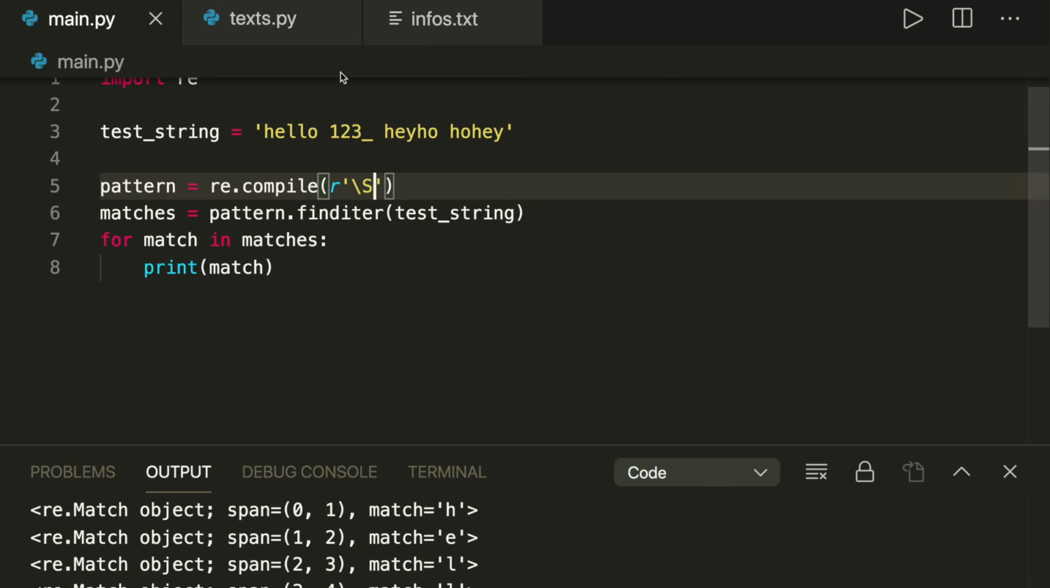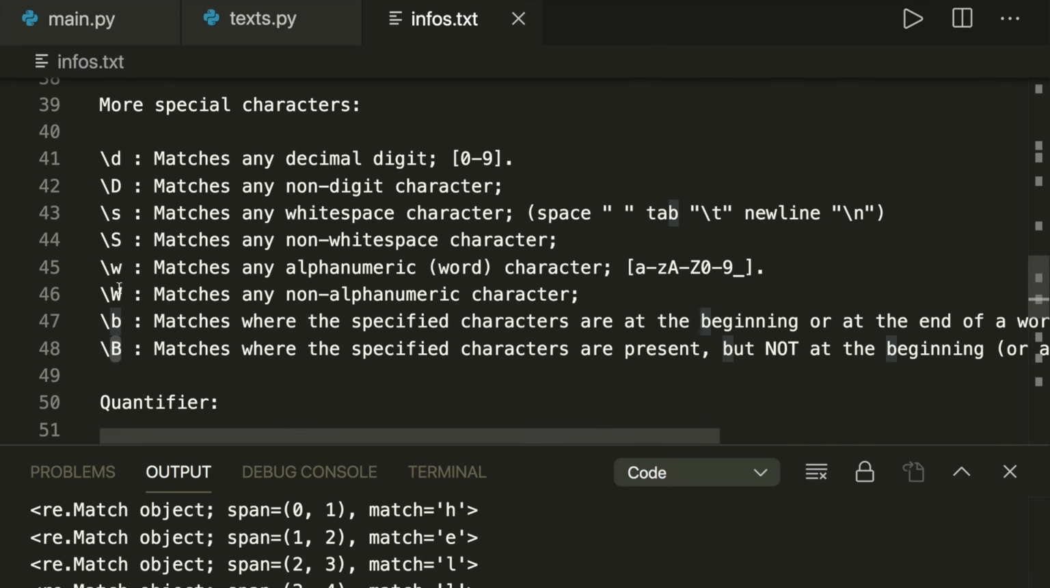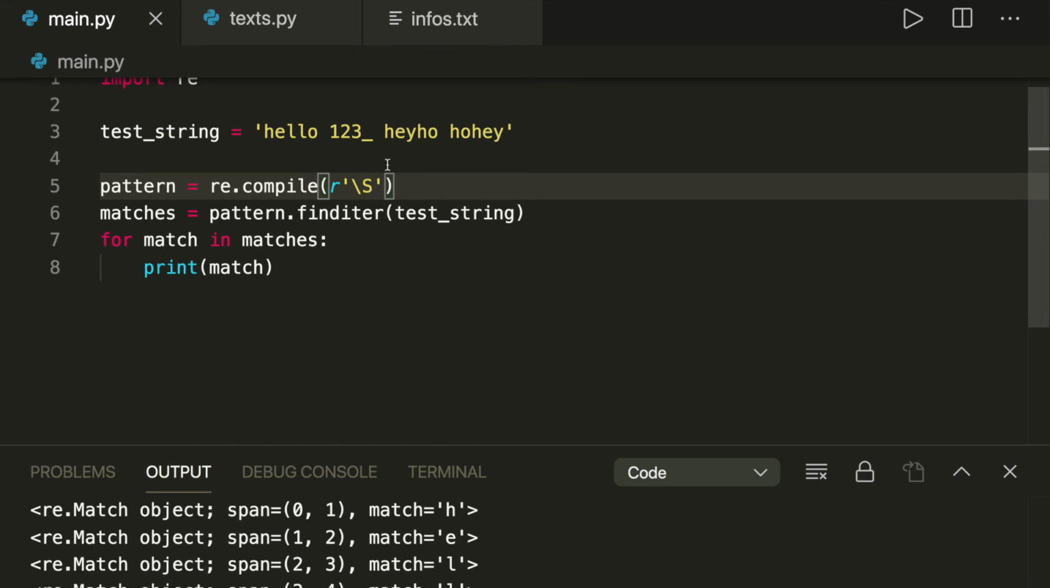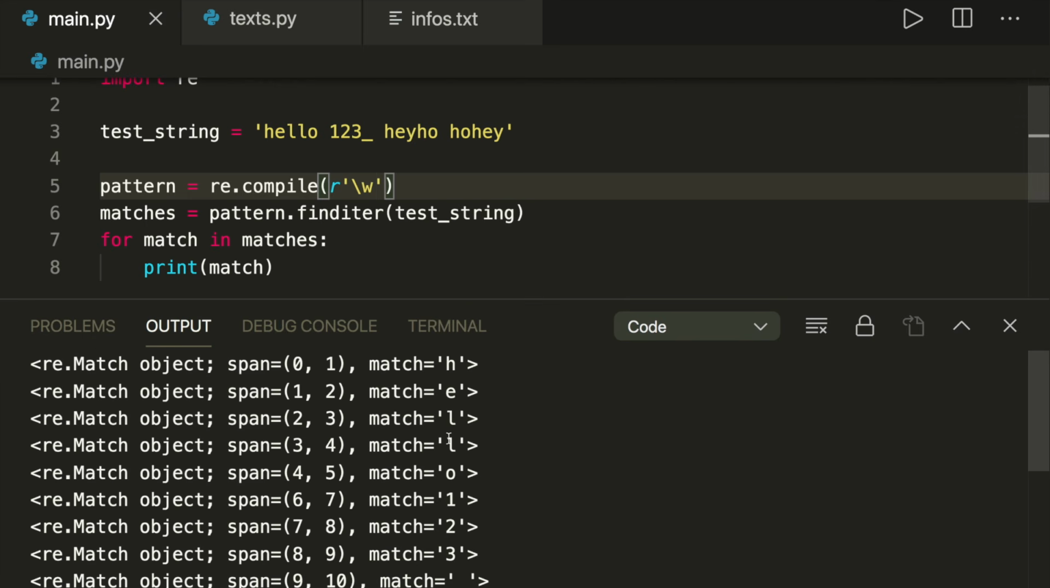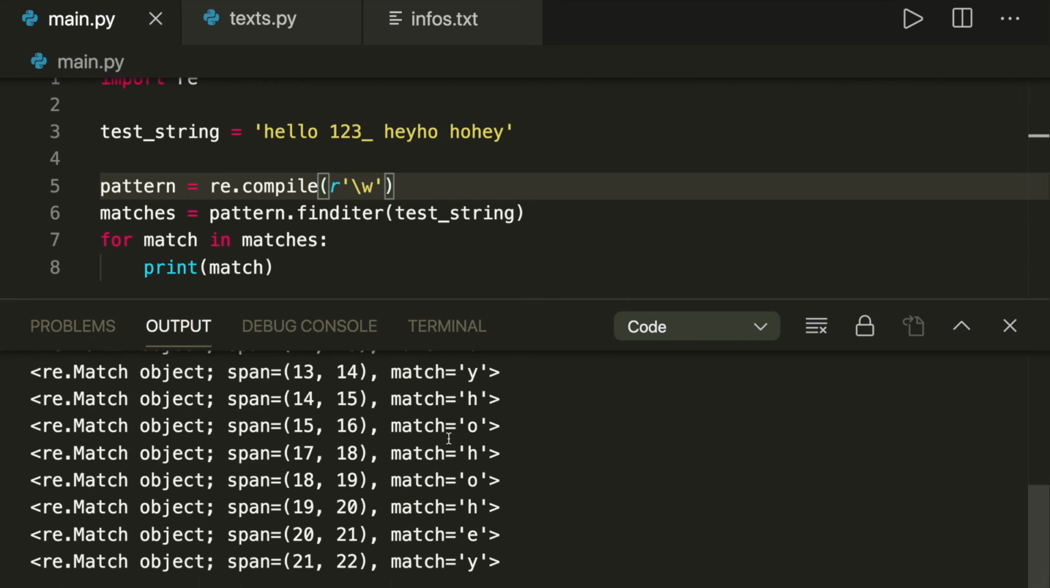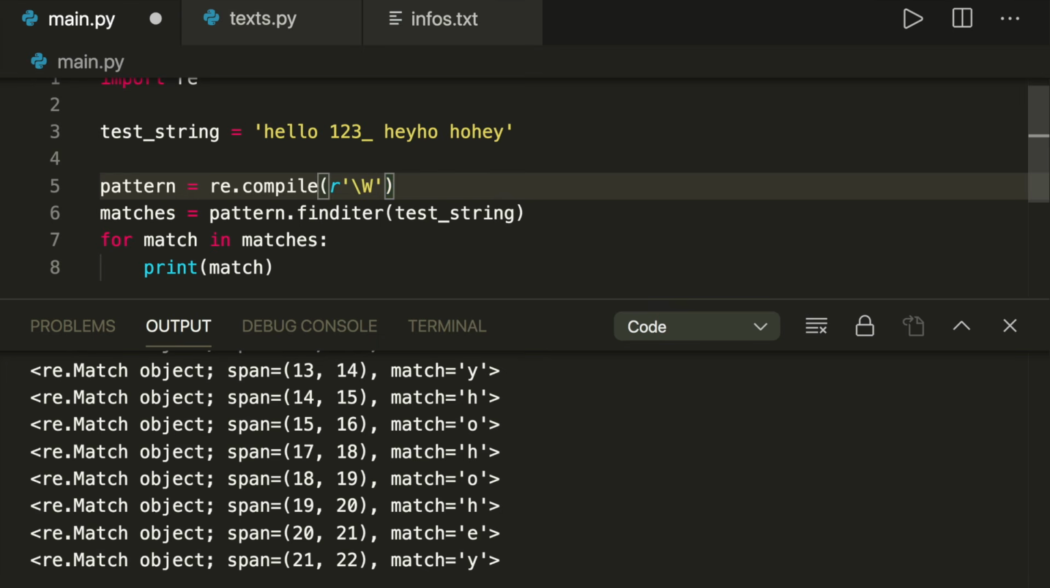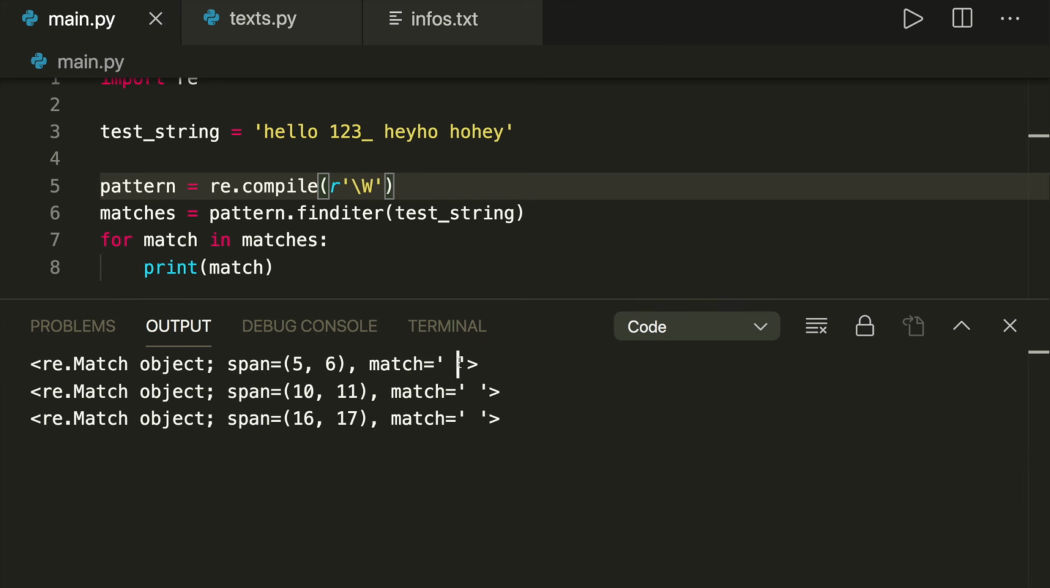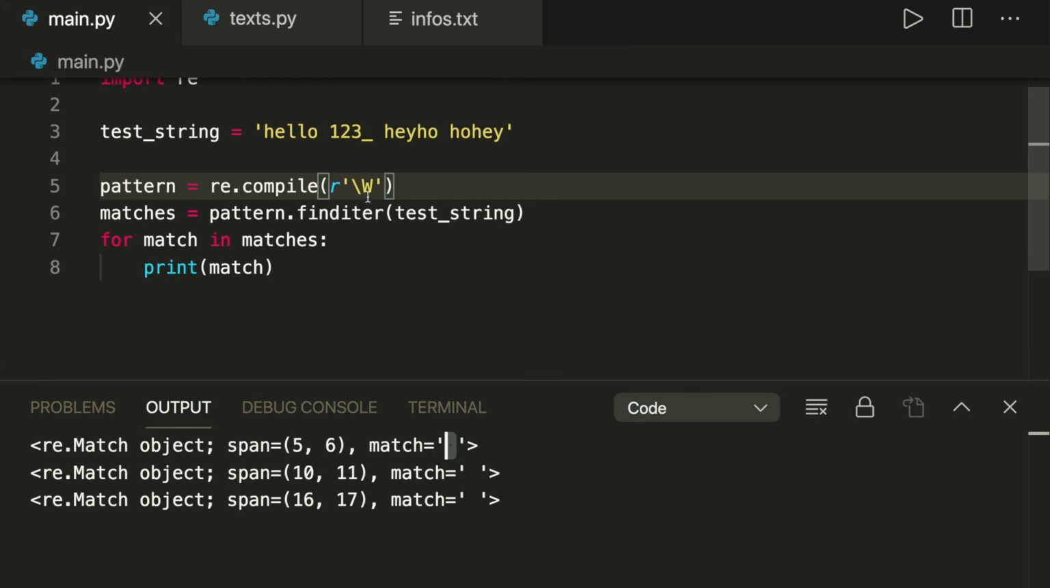Then let's have a look at the W character, so any alphanumeric character. So if I put in a W here, then it finds all the word characters. And again, the opposite, capital W, this will just find the spaces in this example. And now let's have a look at the